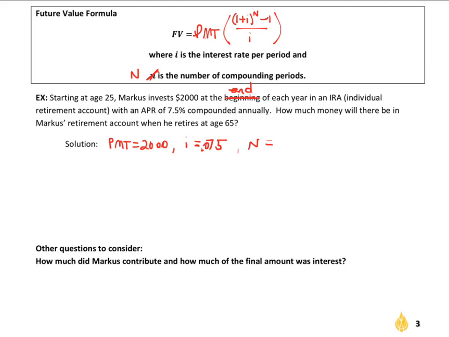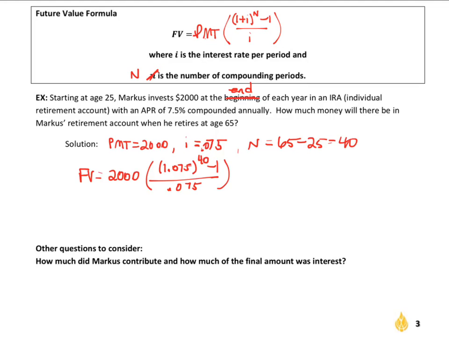The number of compounding periods is going to be how many years, because this is annually contributed. It's annually compounded. So there are going to be from 25 until he retires at 65. That's 65 minus 25, or 40 years. So let's plug all that in. Future value is going to equal 2,000 times 1 plus 0.075, or 1.075 to the 40th, right, from here, minus 1 all over 0.075. So throw that all into our calculator, and our final result is we end up with